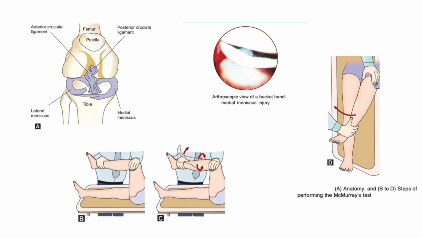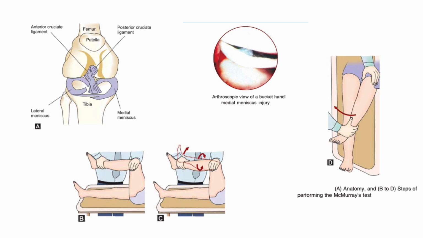and we discussed majorly the medial meniscal injury in Smiley's classification. Basically, in the classification, we have different types of meniscal injuries: longitudinal tear, radial tear, horizontal tear, bucket handle tear, parrot beak tear, and segmental tear. So we discussed all this. Also we discussed the clinical features as well.